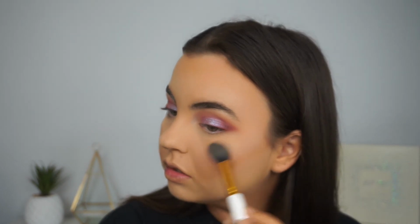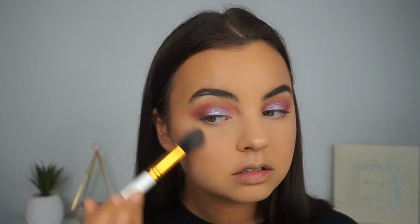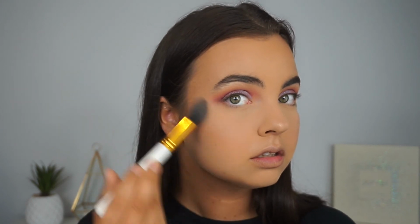Alright, now we're cooking. It's way better. And that brush is just too dense. I'm not a fan of this at all. Sitting on top of the skin, it's just not really doing anything for me. Anyway. Alright, now to finish off the eyes, I don't have a new mascara, so I'm just going to go